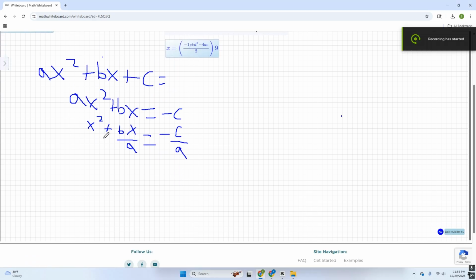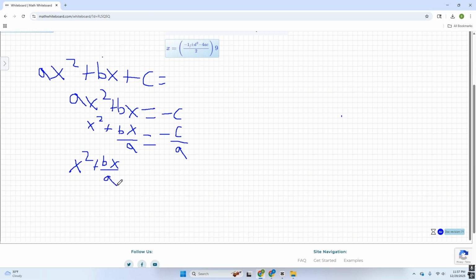Now, when I tried to solve this with zero context as a practice problem my teacher gave me, I was really confused on what to do after here. But this is because I didn't learn this thing called completing the square. It's where you multiply your second term over here by 1/2 and then square it, and then you end up with a perfect square trinomial, which is really easy to factor, and that allows you to break it down even more. So if we did complete the square here, it would look something like x squared plus bx over a